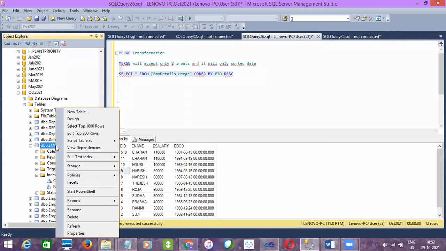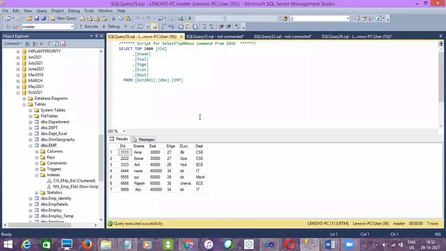If you check this table data, is it in order or not? Yes, in order. See, once we create a cluster index, the physical structure of the data will be altered and it will sort the data. But by default, if you insert the data, it won't get sorted. If you use indexes, then the data will be sorted.